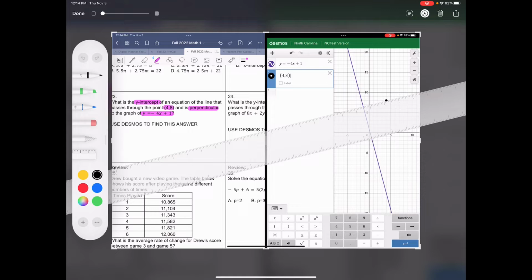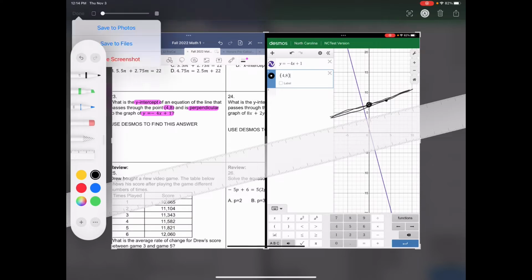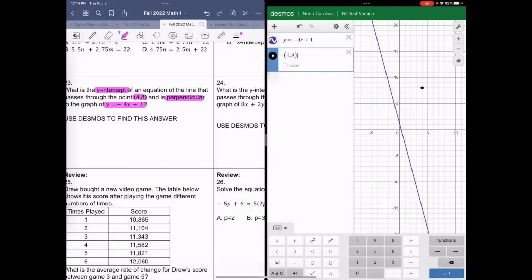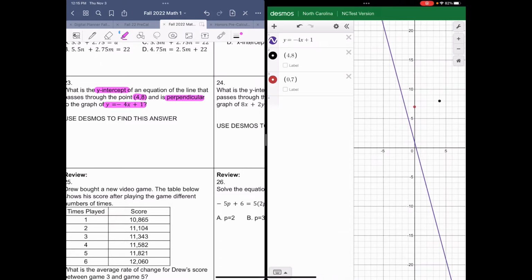So if I'm looking at where it crosses that y-axis, I would see that it crosses somewhere in this range. So if we count, that would be right at 7. So again, I would have a y-intercept at 0, 7. So if I look at 0, 7, I can see that if we cross right there, that would give me